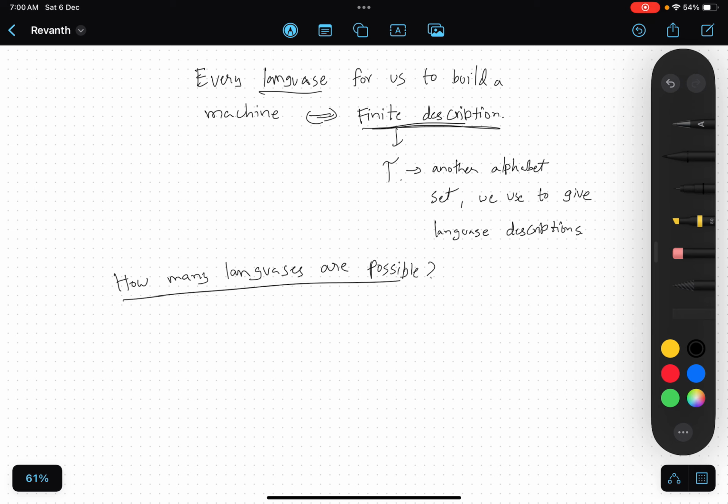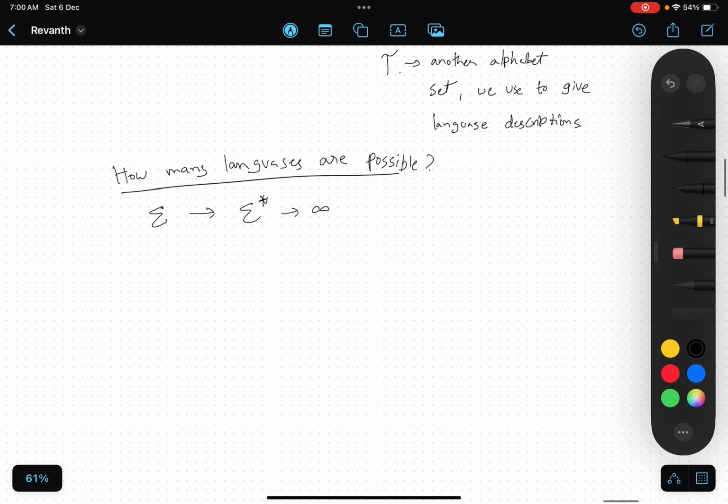So for a given alphabet set sigma, we can construct a sigma star which is infinite. So this is actually a countable infinite, as we said earlier.